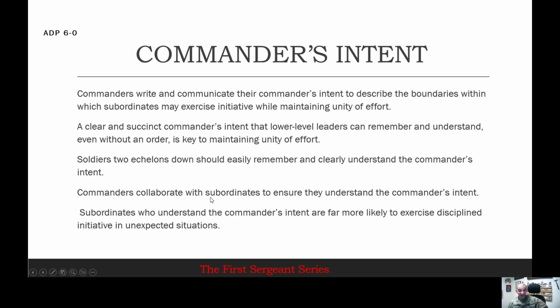Commanders write and communicate the commander's intent to describe the boundaries within which subordinates may exercise initiative. It has to be clear. Like I said, soldiers two echelons down should easily understand and remember the commander's intent. Commanders collaborate with subordinates to ensure they understand the commander's intent, and subordinates who understand it are more likely to exercise disciplined initiative in